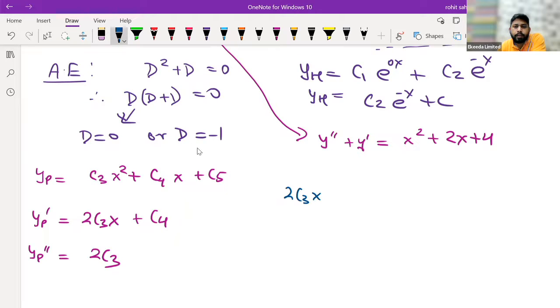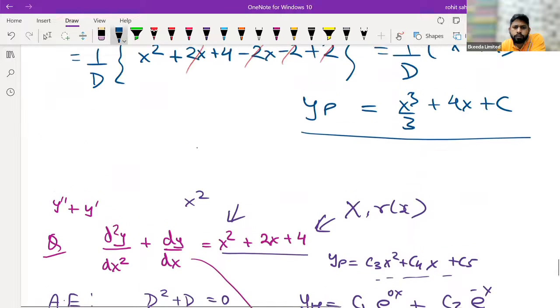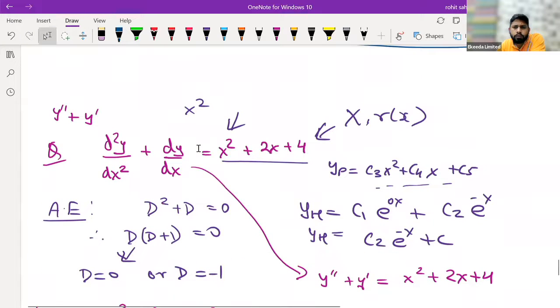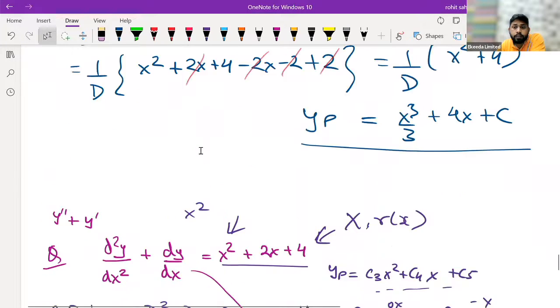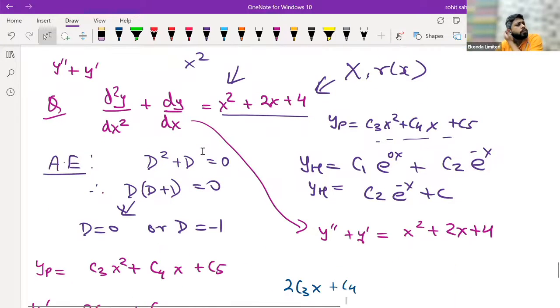यहाँ पे y वाला पार्ट नहीं था, शायद इसीलिए डिस्टर्ब हो रहा है. c3x, c4. Is there anything repeating term? Any term from your particular solution? I think this should be the case. X से multiply करना पड़ेगा, so because